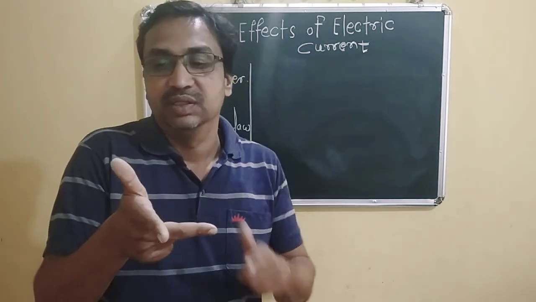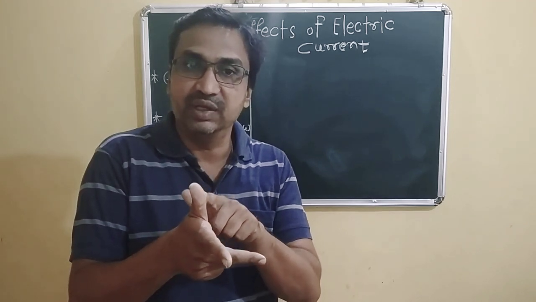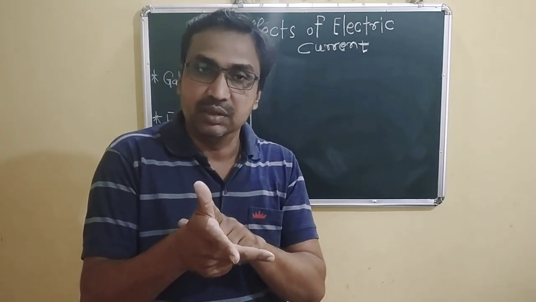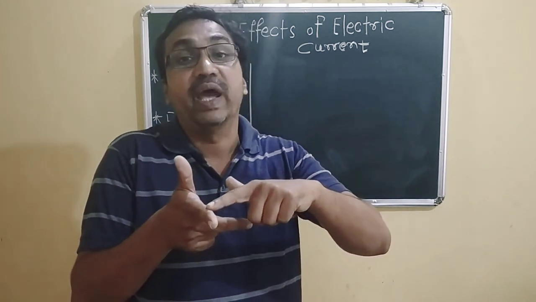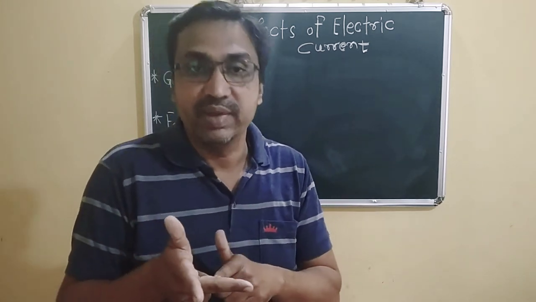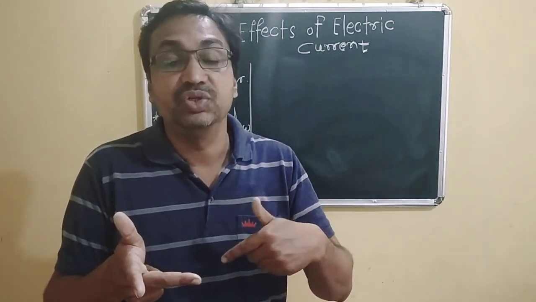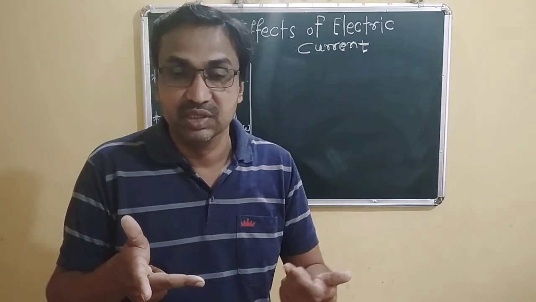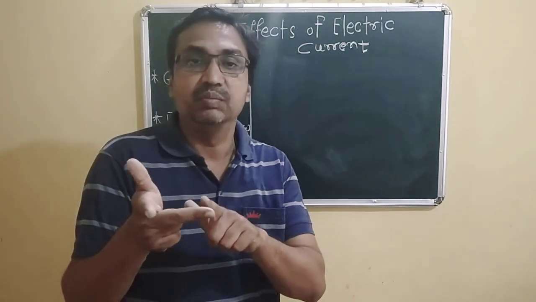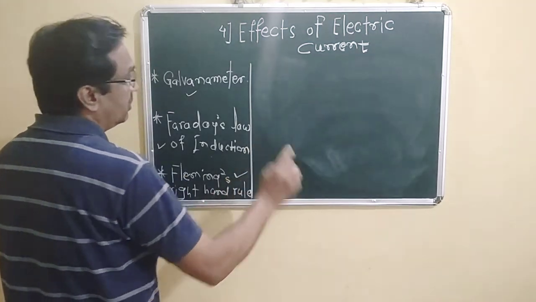But here the direction of displacement of the conductor is already given, and the direction of the magnetic field is there. So only one parameter remains, the current in the conductor. The current is induced here, current is produced there, and it is indicated by the middle finger. Okay, so in this way Fleming's right hand rule works.